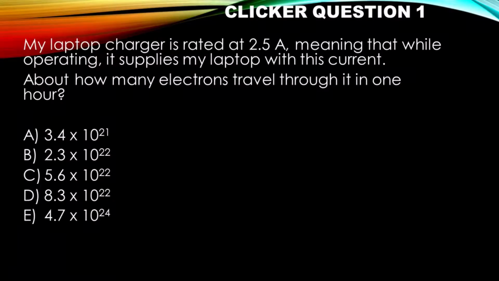This first one has to do with the way that we can talk about current in terms of charge per second. It says my laptop charger is rated at 2.5 amps, meaning that while operating, it supplies my laptop with this current. How many electrons travel through it in 1 hour? Things that you need to know here: the units of amperes are charge per second,